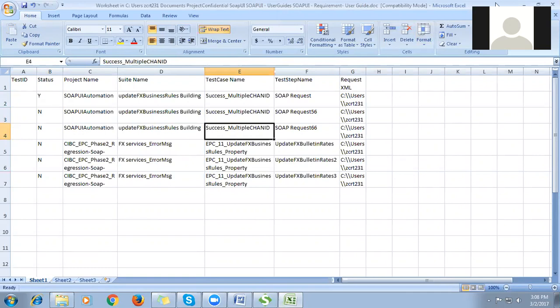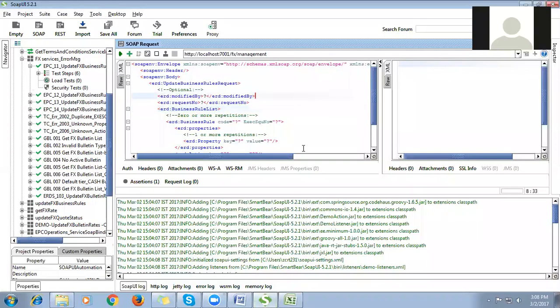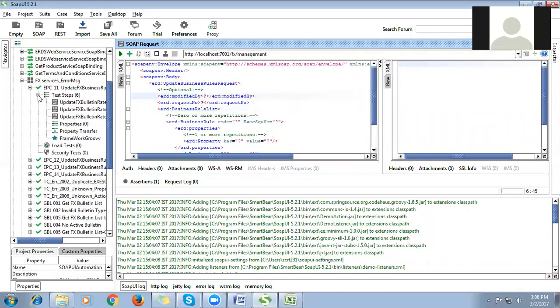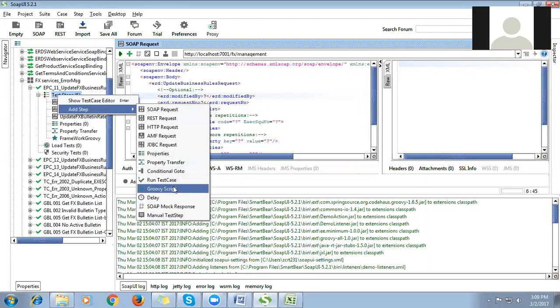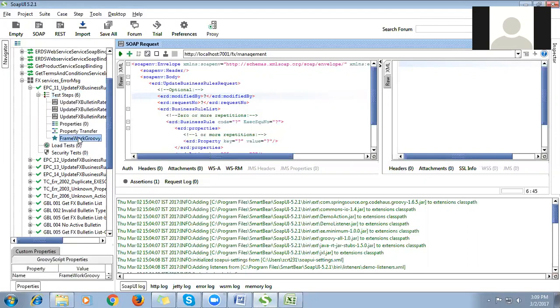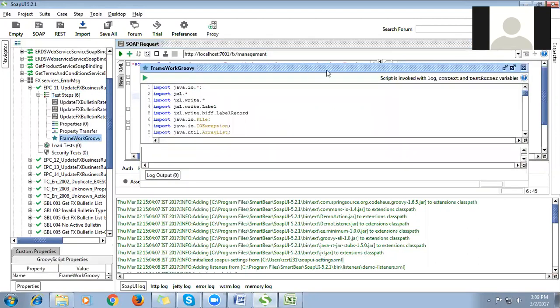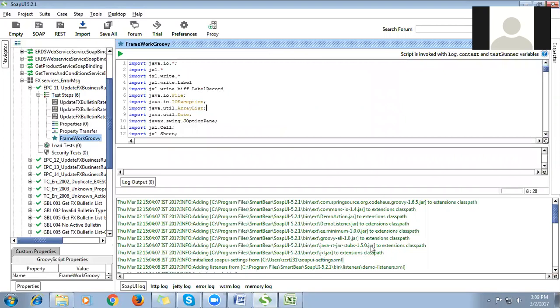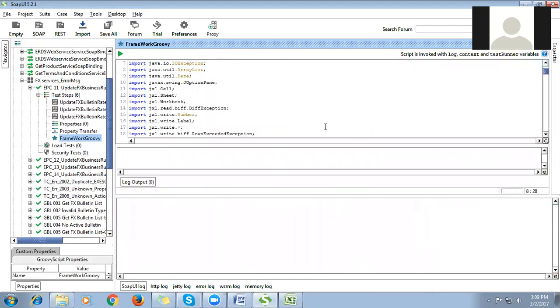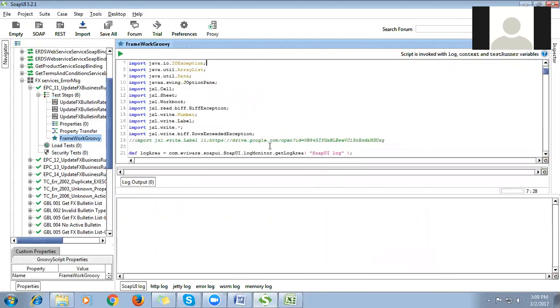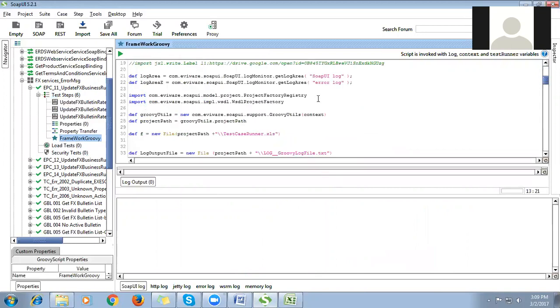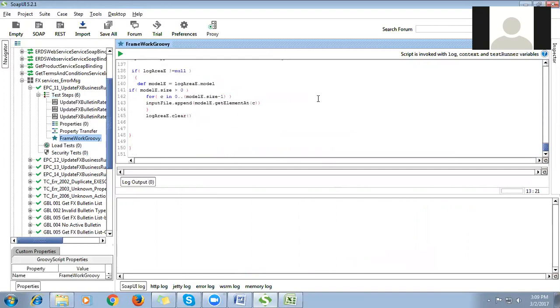For this, the first thing is creating a Groovy script. Hope you remember when I talked about the test steps. Under this we get something called a Groovy script. I have to add this test step, and once you click, it gets added. Here I have added it as framework Groovy. This is what you have to create first, and the code inside the Groovy script